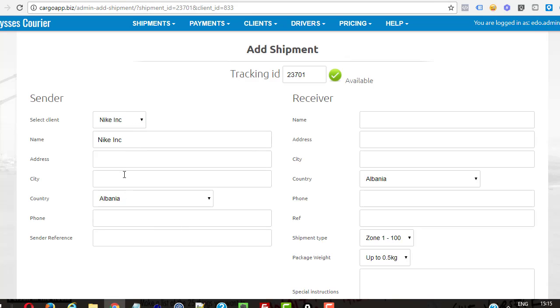Now this client doesn't have an address or a city, it just has a country, no phone number, and obviously no reference. So if we add an address now, it will stick to the client, and if and when the client uses their shipment screen and they add addresses or change them, that automatically changes as the client keeps on updating it. So only the first time it's left empty, and it's done like this on purpose to reduce the amount of resistance